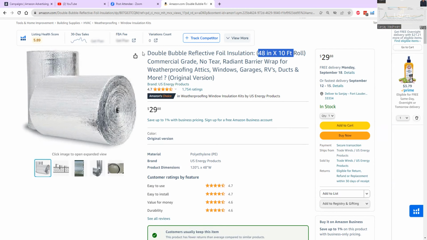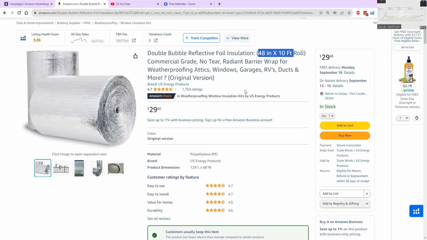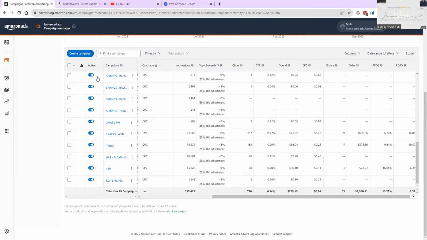Now let's get back to the point of how to do a perfect campaign. Here's one of the ways, and let me tell you, this technique works amazing. All these campaigns that are showing results are actually that technique that I've used.